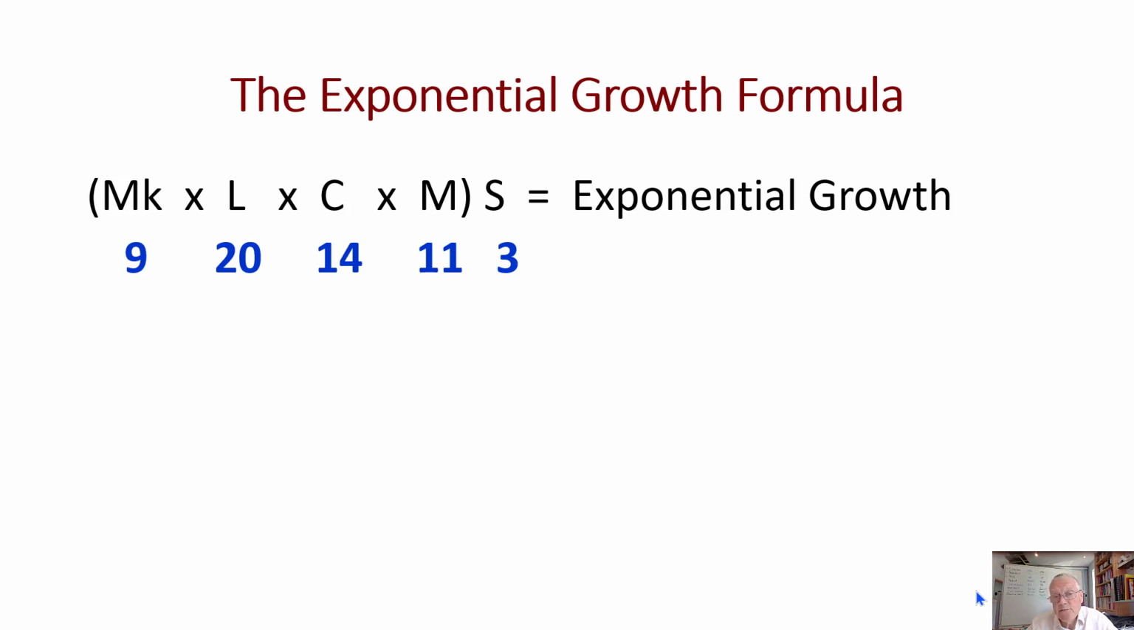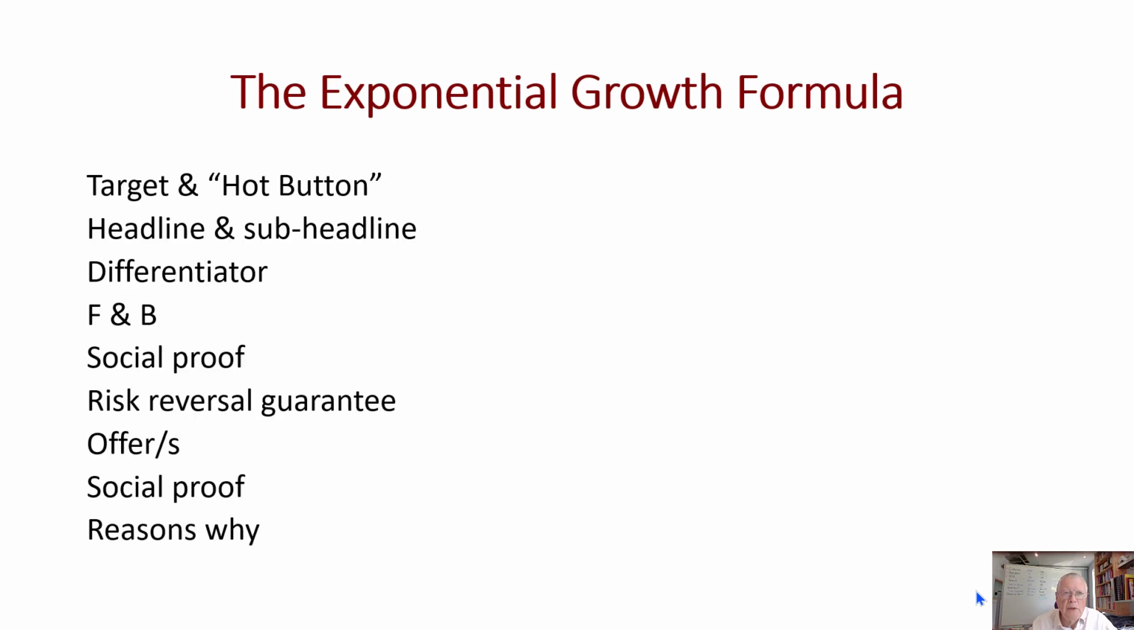And then S stands for systemize it all. 3 main ways to systemize. If you put all of those elements in place and make small increases in each of them, you'll get exponential growth. Now, the 9 elements you need to include in all of your marketing are that you need to address